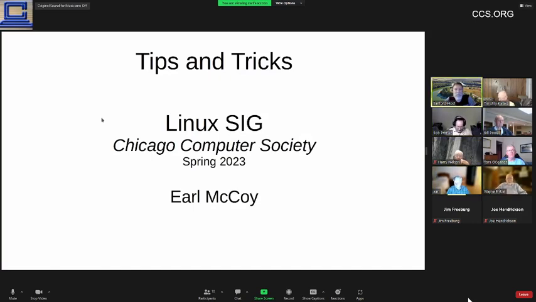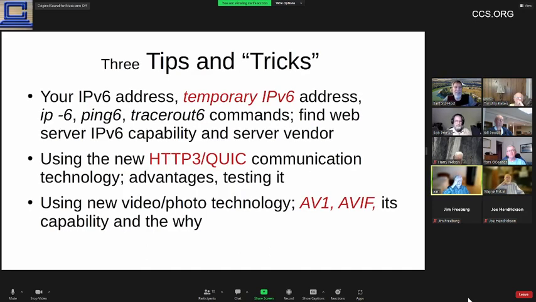We're ready. Okay. Well, I don't know any of you, and you don't really know me, and we're trying to introduce ourselves to each other, so I know nothing about your depth of knowledge or your interest. But when I see a title like tips and tricks, I assume this is something more or less pretty basic for anyone who wants to fiddle around with computers, but it's not central to their life the way it is to some people. You hit it right on the head, Earl. That's just what I want to do. So in my case,